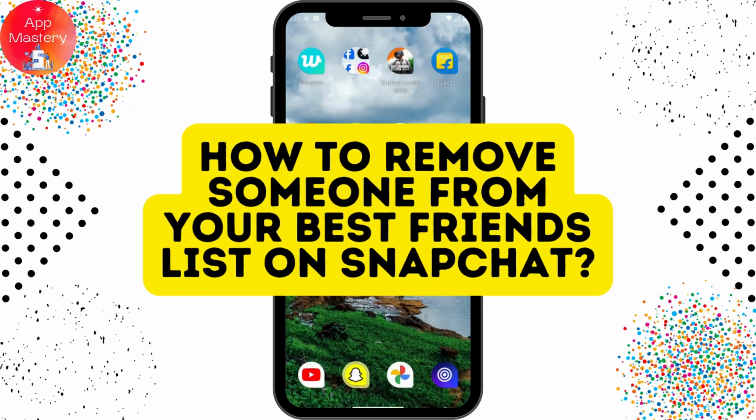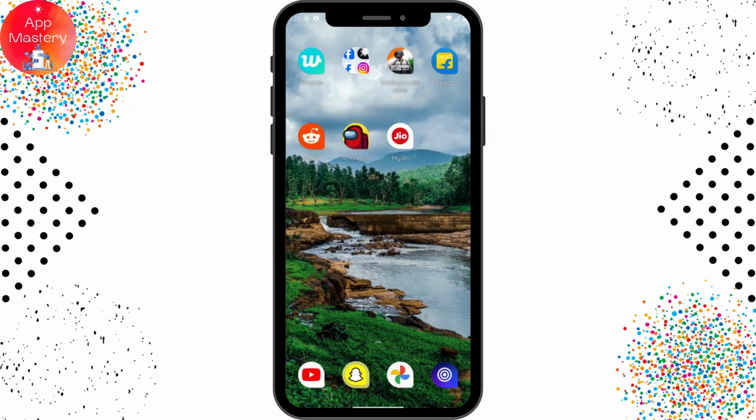How to remove someone from your best friend list on Snapchat. So if you want to remove someone from your best friend list on Snapchat, then first of all open up